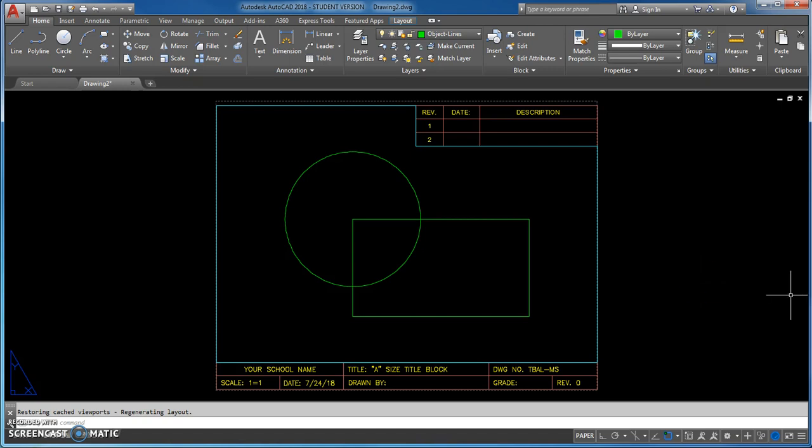So that is how we create the title block border in Paperspace, how we create the viewport, how we scale it, how we access back and forth between Paperspace and model space, and just a general idea of what goes in model space and what goes in Paperspace. The last thing we're going to do is show you how to set up your layout